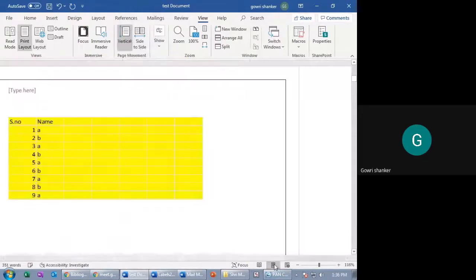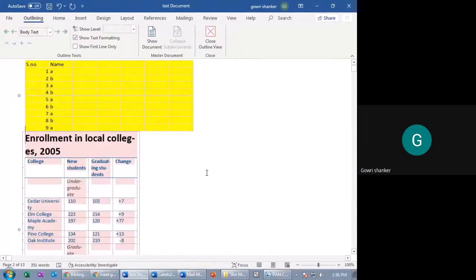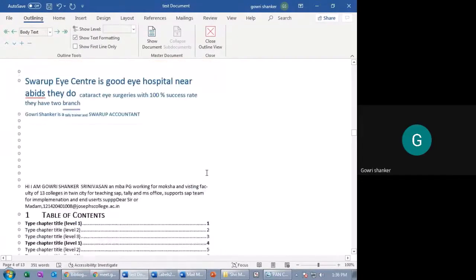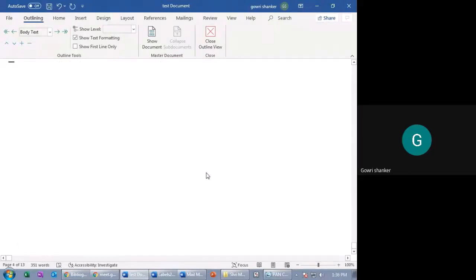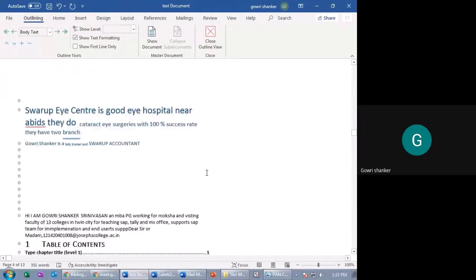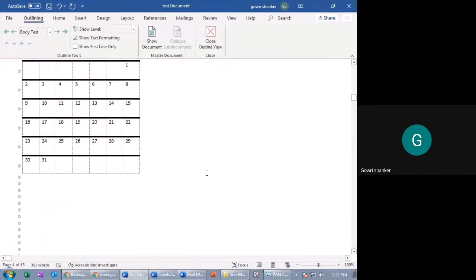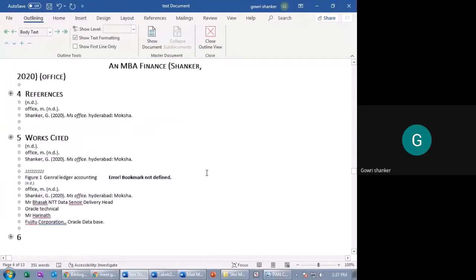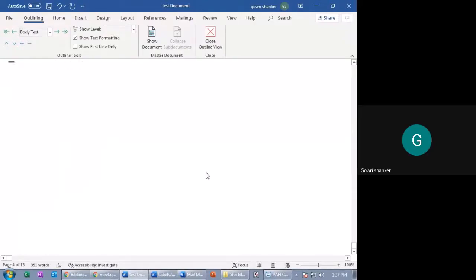Okay. Next you have Outline. Only the outlines it will show. See, there is no outline at all in the page. The complete document is under one. Thirteen pages are there. There are no breakups. There are no proper outlines also. There are no page numbers. You can see now there are no page numbers. It is completely under one document.